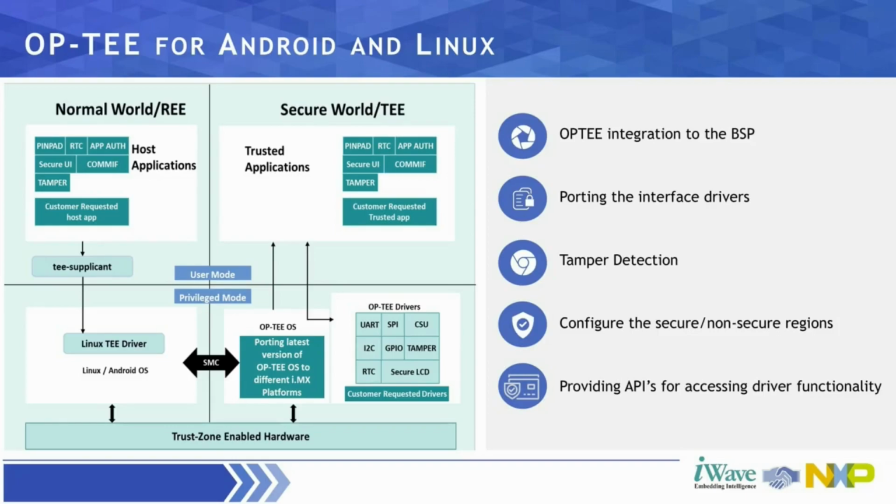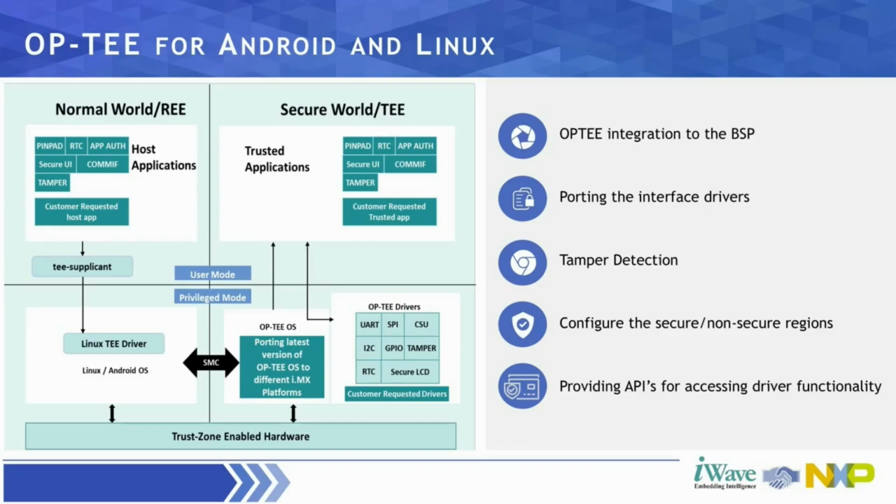So for applications such as your voting machines or point of sale machines, where you have a touch screen and then you have the complete PIN details and your passwords, that is a key example of where there is a key differentiation between your normal world and your secure world. Your touch forms a part of your normal world, whereas the complete features required to establish the connectivity are taken care of in the secure world.